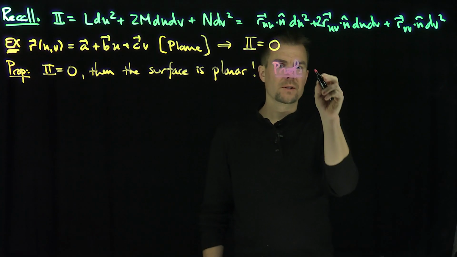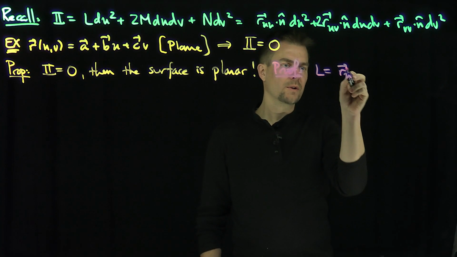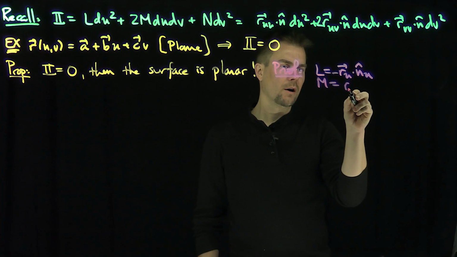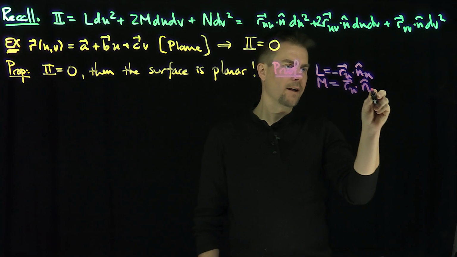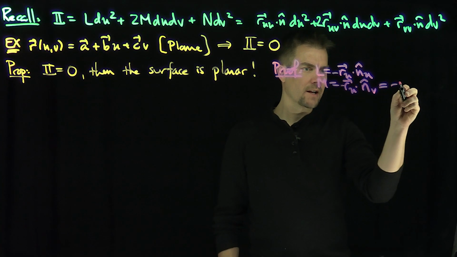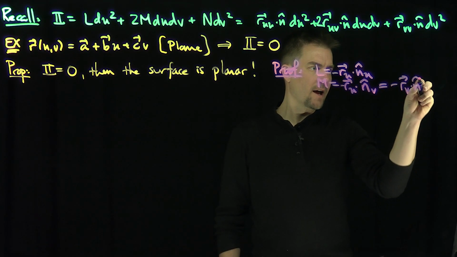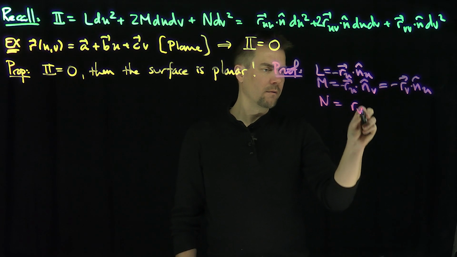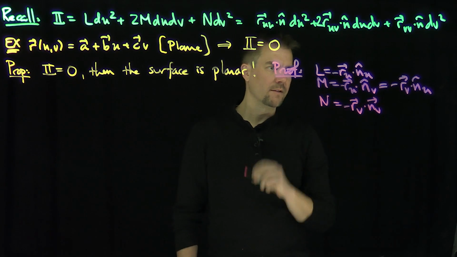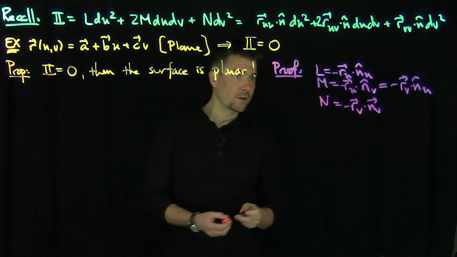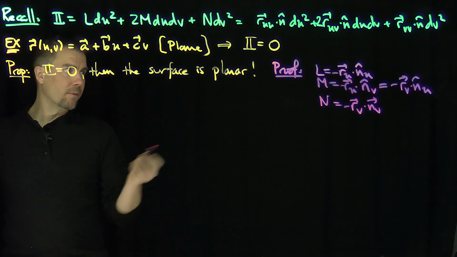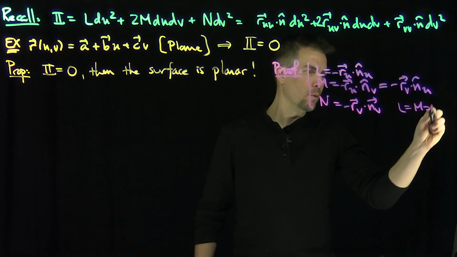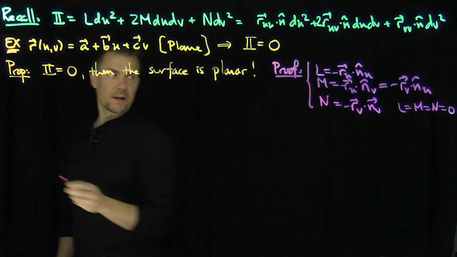We use the fact that you can write these things in different ways: L is really negative r_u dot n hat_u. M is r_u dot n hat_v, which is the negative of r_v dot n hat_u. And N is really negative r_v dot n hat_v. So what can we say from these expressions? If L equals M equals N equals 0, then hence